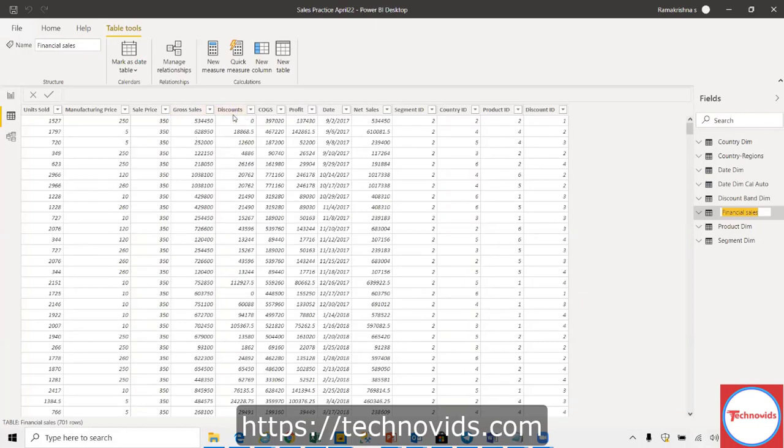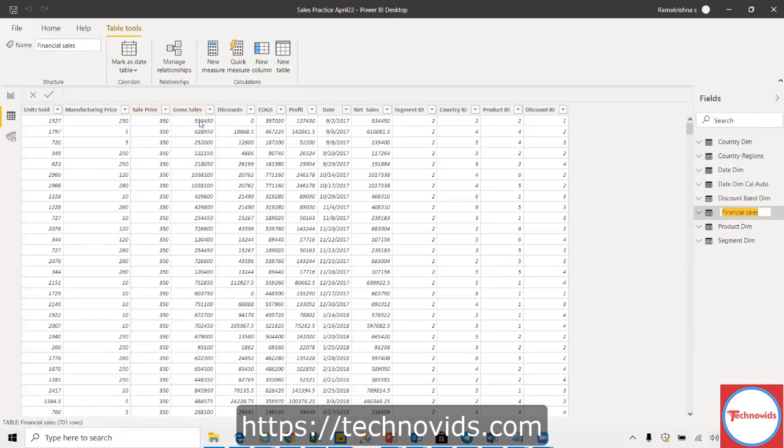We have discount. Again, net sales is nothing but gross sales minus discount. So actually, of these columns, either the gross sales or the sales price can be eliminated. I think the sales price can be eliminated because gross sales is where we are going to report. The sales price is not recorded at all.